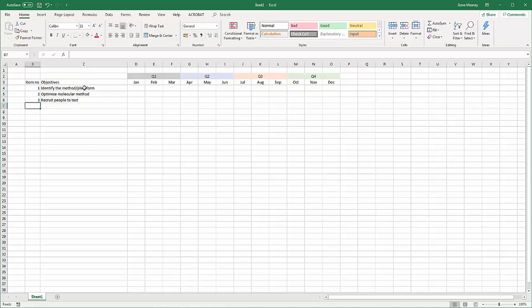But as well as recruiting people to test, we also need to have permission to do so. So we might have regulatory things to go through, like ethics and so on. So let's just call it regulations. We will have to do some data analysis. Once we get the data, we will also have to